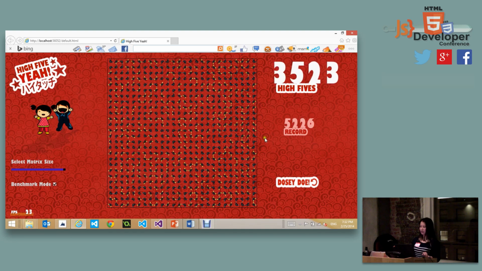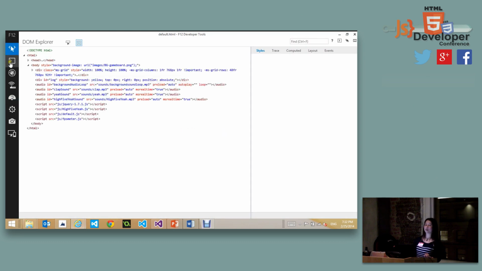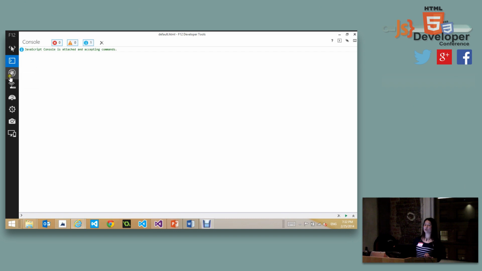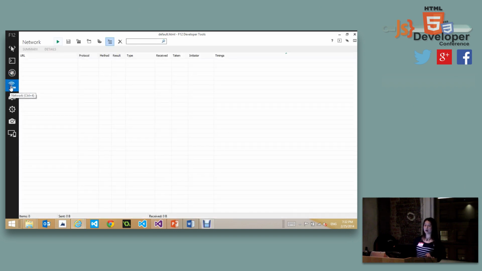Okay, so what I'm going to do is start with the F12 tools. Just like any browser debugging tool, F12 tools have different features: the DOM Explorer, checking the console, the debugger for your JavaScript and HTML, and networking, which is like a Fiddler kind of thing where you can check the networking profile.